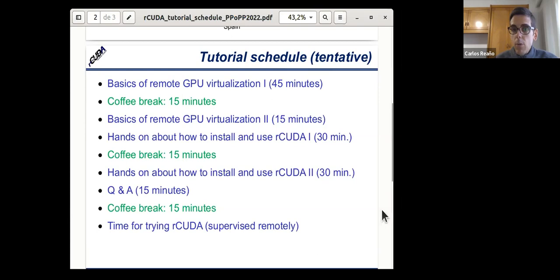But perhaps what we could do is you can just do your software request and try it on your own. Keep in mind that this tutorial was intended to be done in person, and in person it makes more sense to have this extra time for the audience to test rCUDA, with us, the instructors, there to help you. But in this case, as everything is remote, you can do this on your own, request the software and let us know if you have any problem or any question.